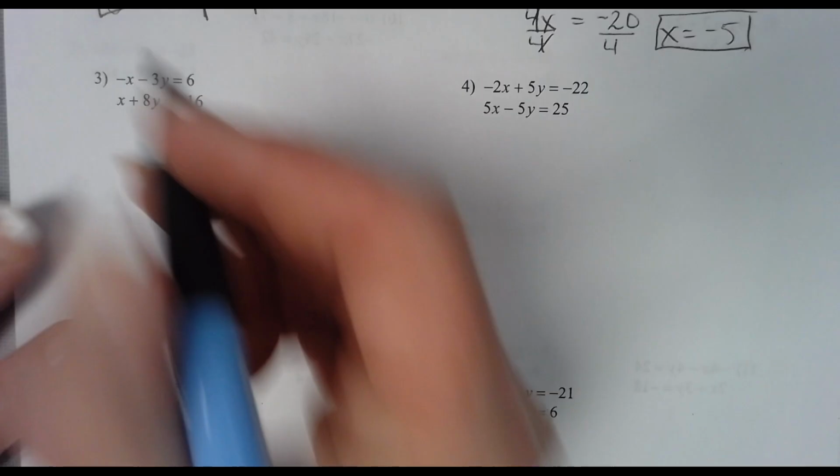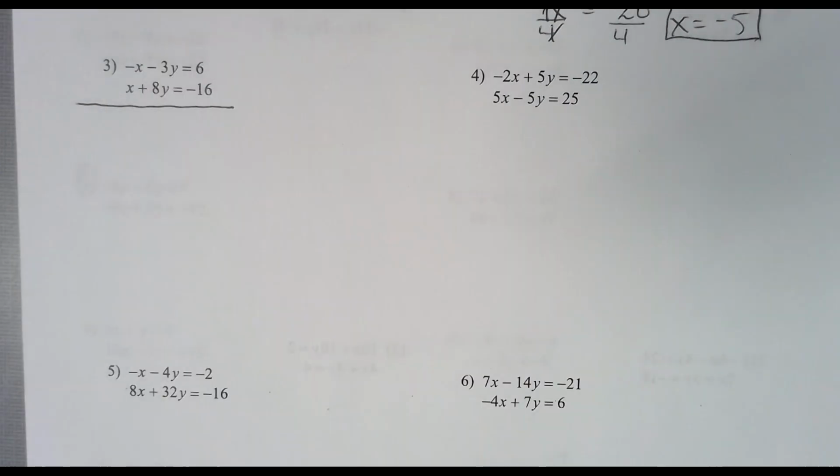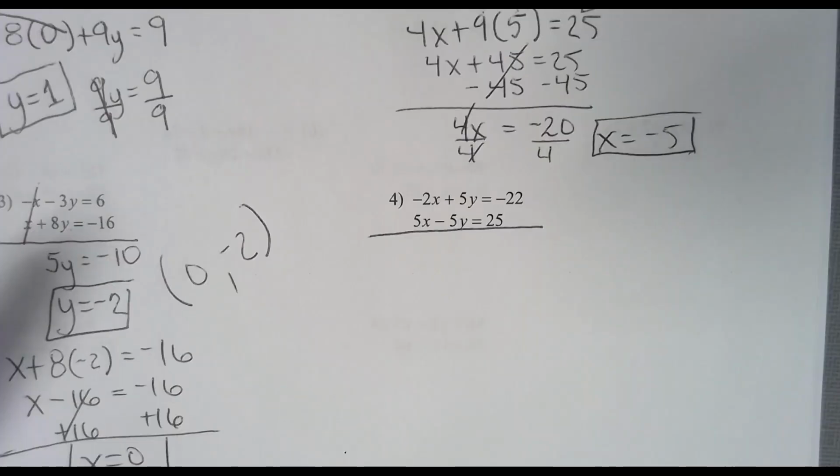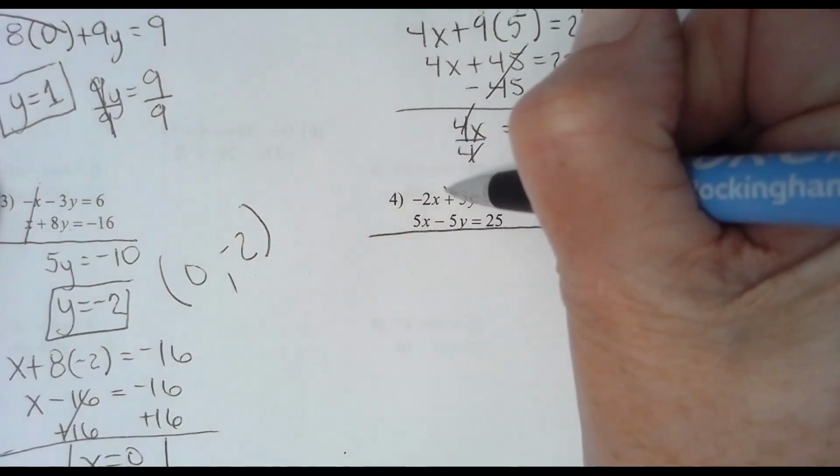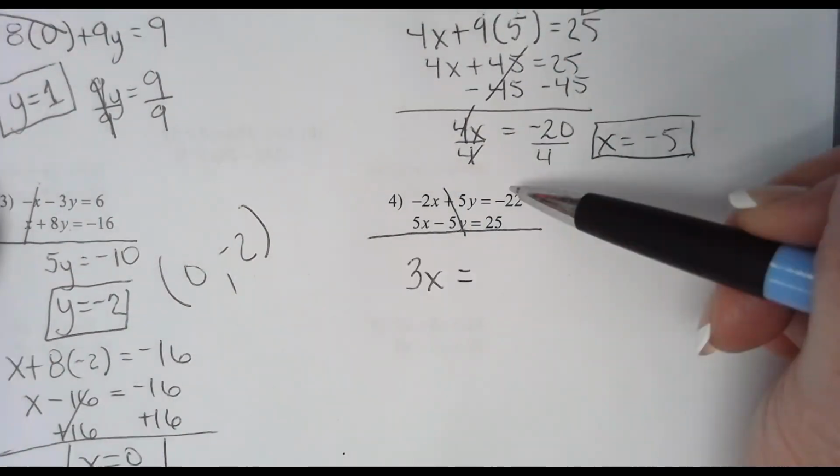I want y'all to erase your boards and write this. And you should be able to look straight down and something's going to go away. Once you get as far as you can get, as soon as you write both of these, you should be able to look straight down and something's going to go away automatically. So immediately when I look here, the y's are going to be eliminated. When I combine here, I get